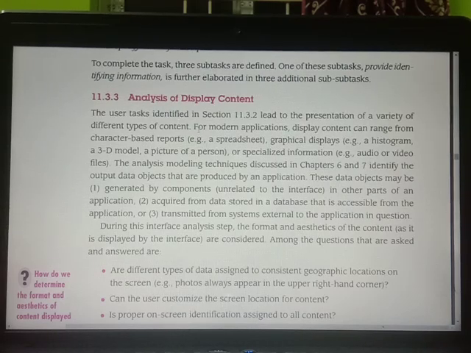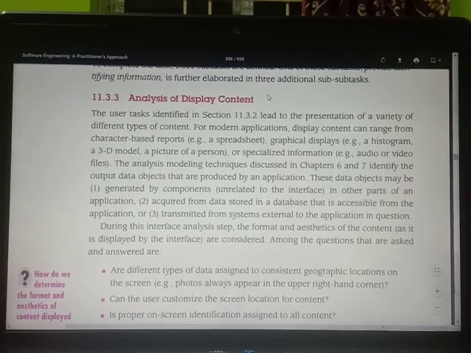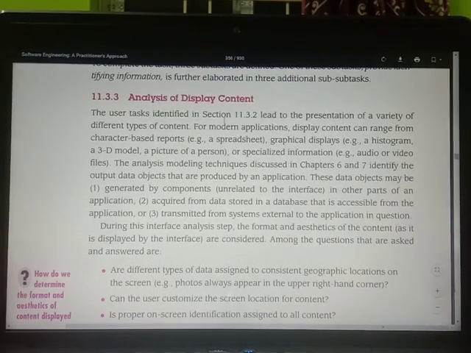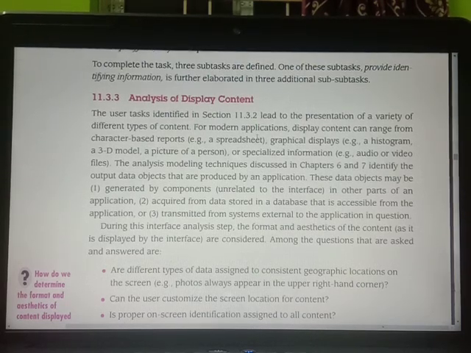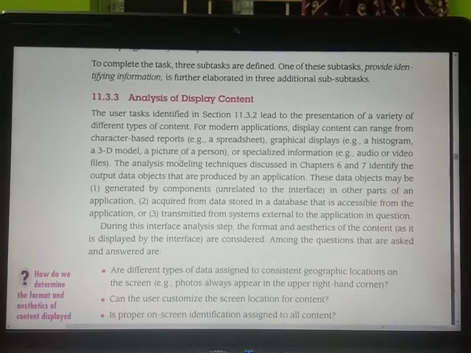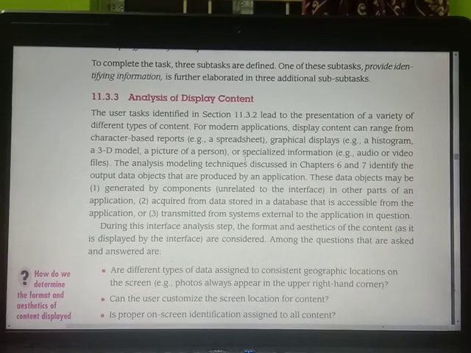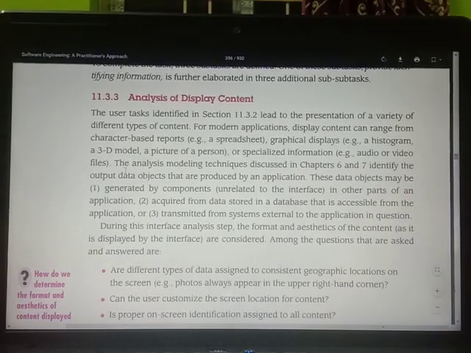Analysis of display content. The user tasks lead to the presentation of a variety of different types of content. For example, for modern applications, display content ranges from character-based reports, that is a spreadsheet, or graphical displays such as Instagram, a 3D model, or a picture of a person, or specialized information, something like audio or video files.